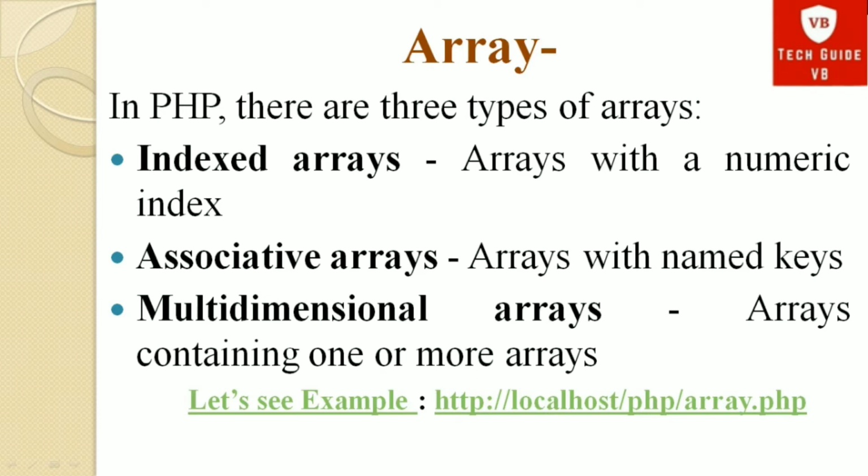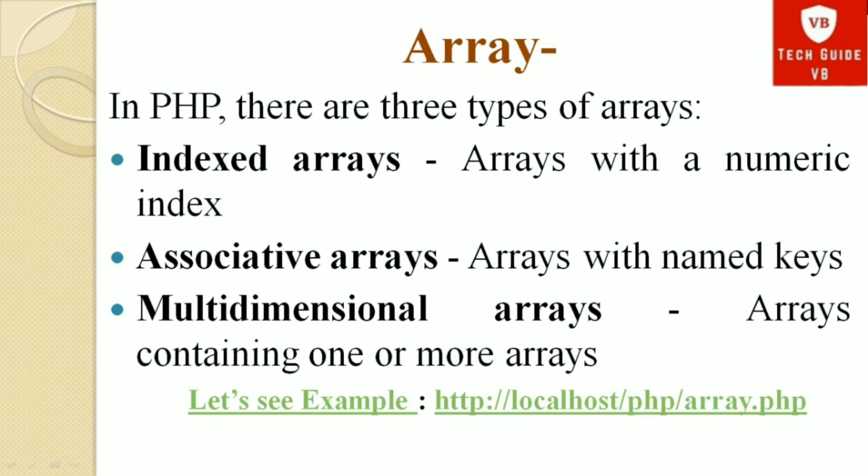So index arrays. What are index arrays? Arrays with a numeric index are called index arrays. We will see this example in today's program and you will understand this concept very well. The only thing to remember here is that there is an index associated with each element. So if you want any element to be searched, you can directly search the element by its index. So it is the simple type of array.